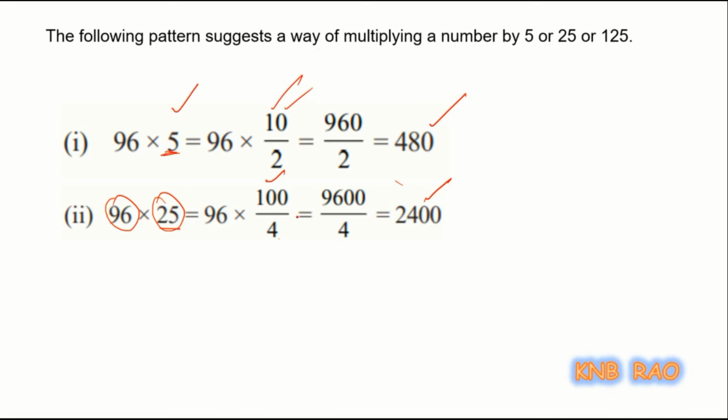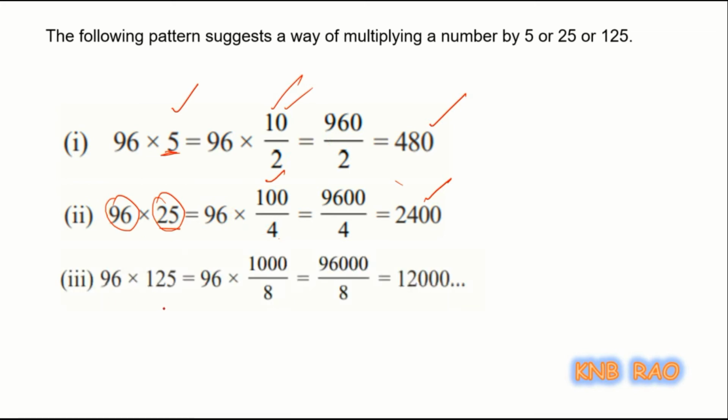So when you are multiplying a number by number ending in zeros, easy to put, just we need zeros at the end. And any number cancelling with the 2 is easy, a number either ending in odd or even. So normally even or odd number definitely will be divisible by 2, 4 and even 8 also. Here suppose I am multiplying 96 by 125, this 125 I will write as 1000 upon 8. Now 8 12s are 96, so 12 into 1000 is 12,000 is the answer.